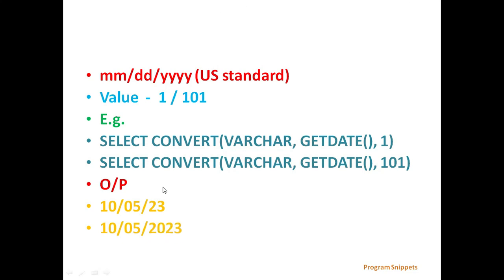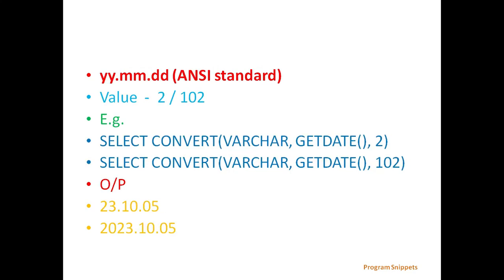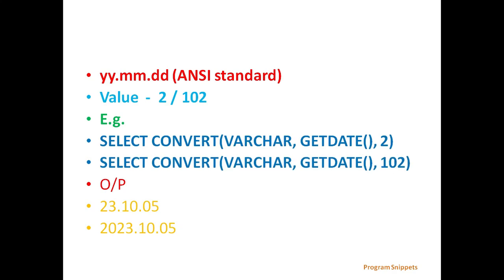10/5/2023. If we give the value 1, it will display here in YY format, and if we give the value 101, it will display here in YYYY format. Next is display date in ANSI standard, that is yy.mm.dd. To get this, use the value 2 or 102. For example, select convert varchar getDate, 2 or select convert varchar getDate, 102 will give the output